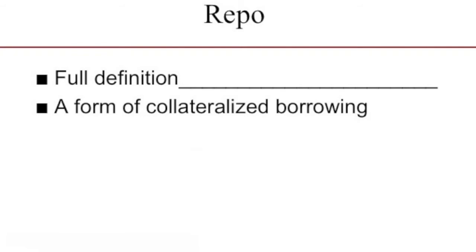Repos are short for sale and repurchase agreements. They are effectively a form of collateralized borrowing. So if, for example, as an investment manager who holds bonds, you wish to borrow money, the idea is you can effectively sell some of your bonds in order to raise cash. Because there is a linked second leg to repurchase the bonds, you will basically buy them back later at the amount borrowed plus interest. This really just becomes, after the repurchase, borrowing that is now repaid.